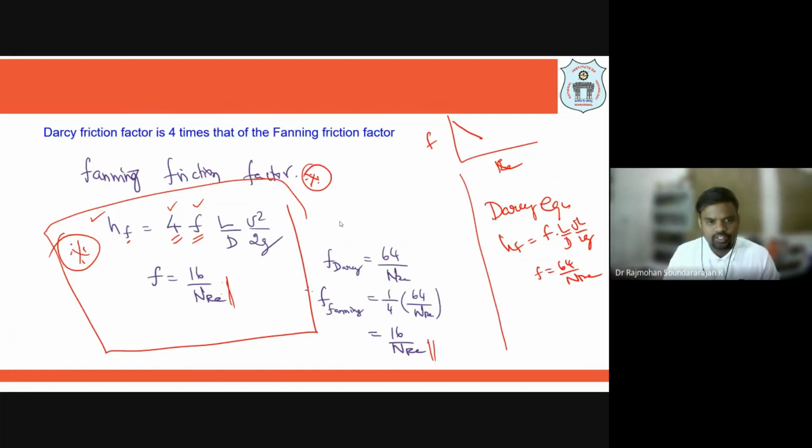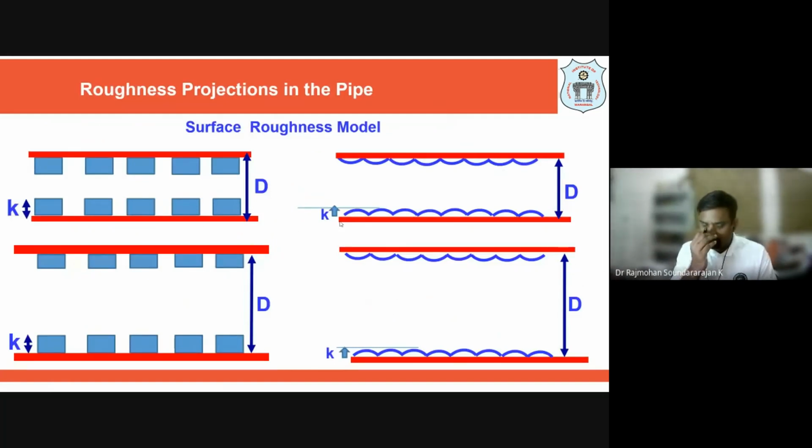Before that, this friction factor is a function of several parameters, right? We have seen roughness, as I told you. So what is roughness? We have to see. As I told you, if a pipe is relatively new, the surface will be smooth. But with respect to time, due to wear and tear, we will get some roughness on the surface. To mathematically model it, just to give you a visualization, that roughness can be considered like square or rectangular blocks, or it can be like semicircular blocks. Somewhere you have extra projections which have come in the internal surface.